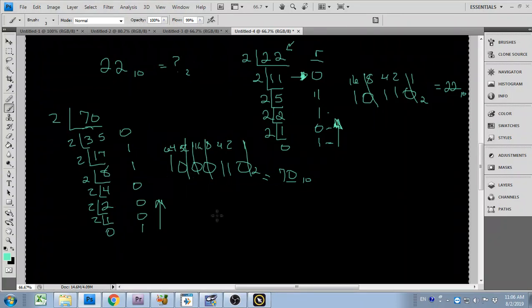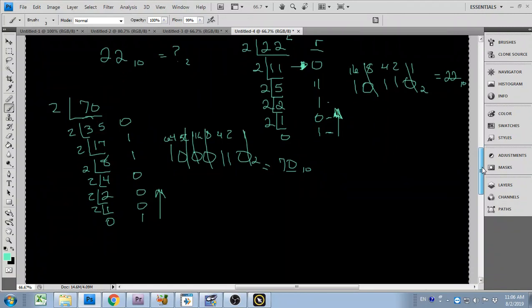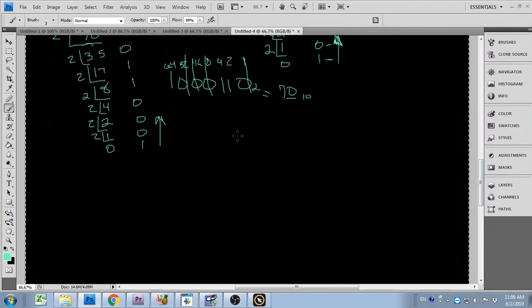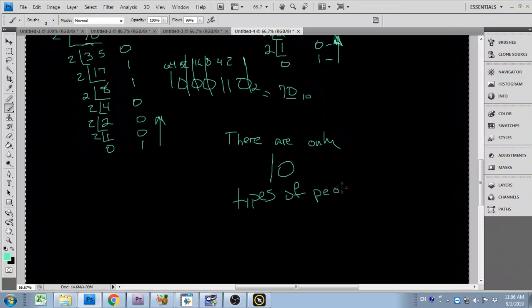I think we can end on a little humorous interpretation of binary numbers. This is a common little phrase that is popular with computer scientists. I have to write it because it can't be read out loud. You'll see why. There are only 10 types of people in the world. What are those types of people? Those who understand binary